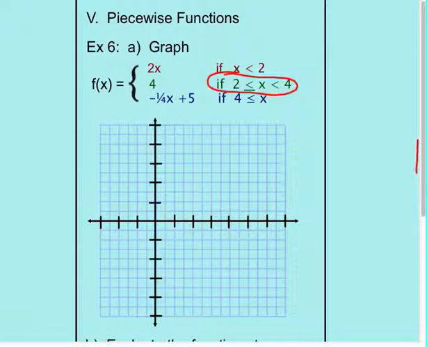I'm going to start with the y-intercept because 0 is less than 2. So my y-intercept is 0. Then our slope is 2. So we're going to rise 2, and I'm using each of the lines as 1. So I'm going to rise 2, run 1. And then I'm going to rise 2 and run 1 more, and I'm going to put an open circle here